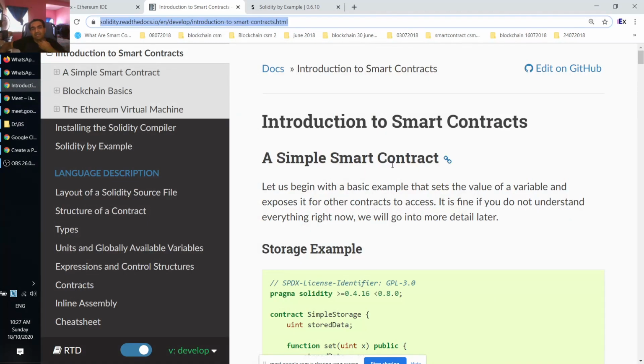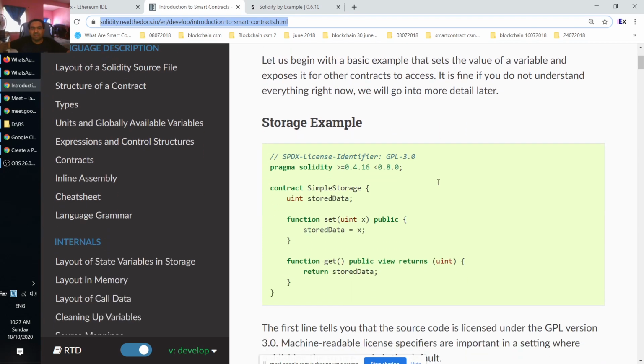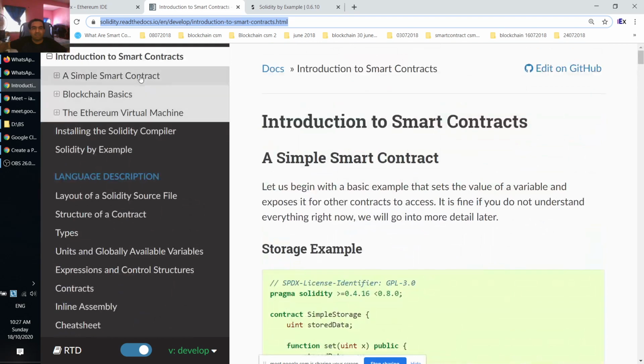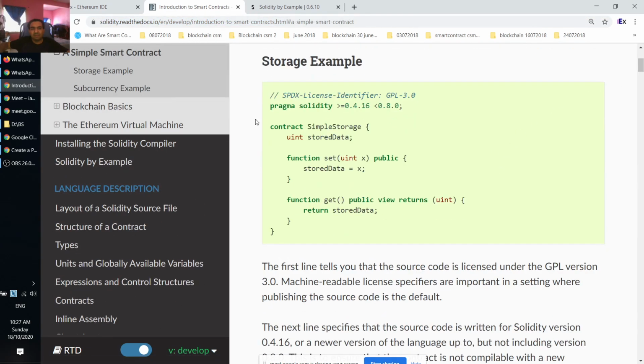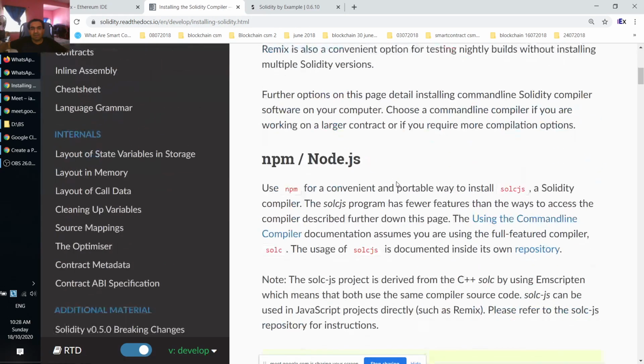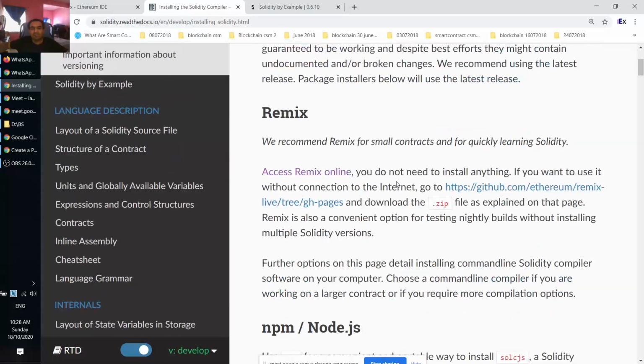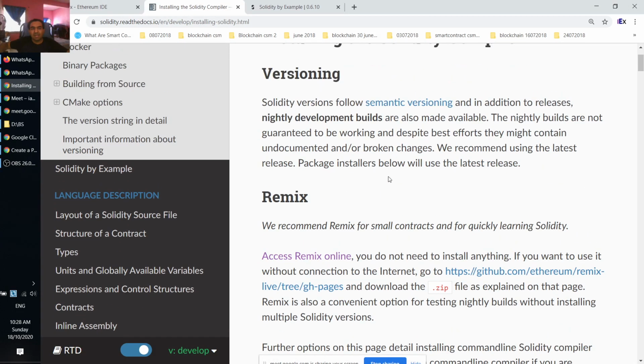Okay, here. So let's say we go to here. This is the latest version of something like a user manual, or the documentation. So we can go to a simple contract at the top here. The simple contract consists of a lot of things. You can even see installing the compiler. Okay, this is a lot of manual things. So we're just using the browser, no need to think about this. And they also have